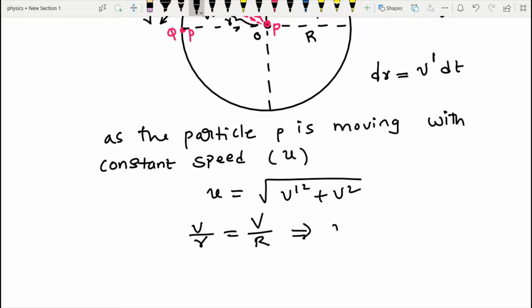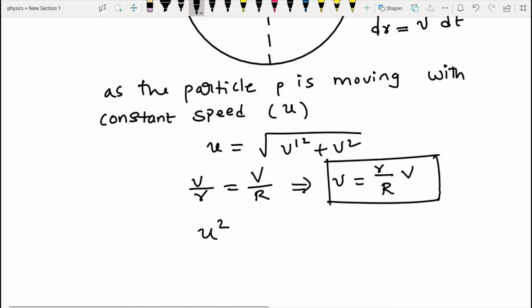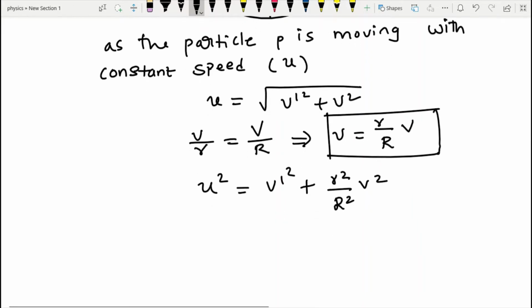The small v is given by small r divided by capital R into capital V. So this is the small v value. You can plug this value into the above equation and see. So u square is equal to v dash square plus v square, and we can directly substitute here r square divided by capital R square into V square. You can take this term to this side: u square minus r square divided by capital R square capital V square is equal to